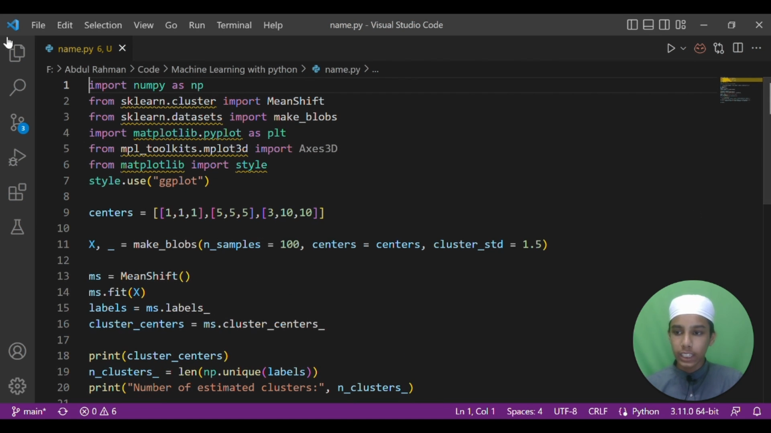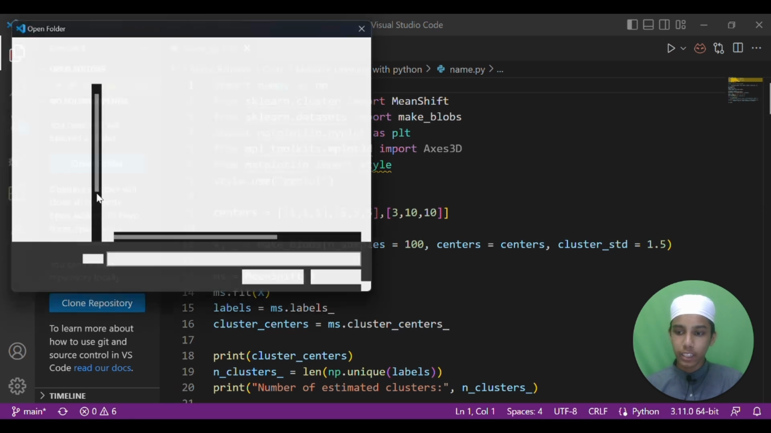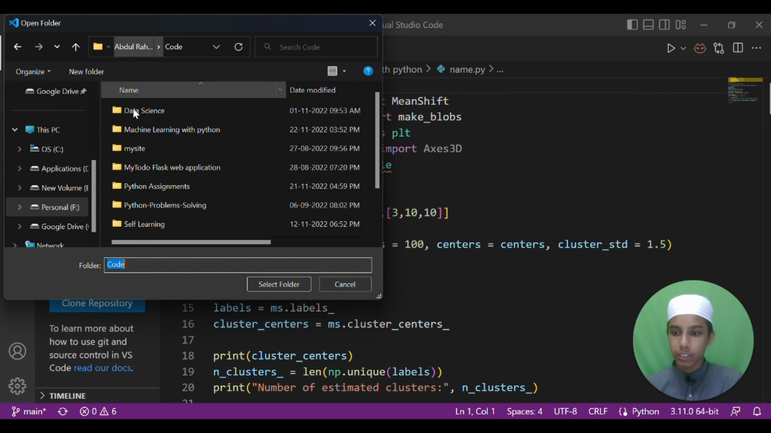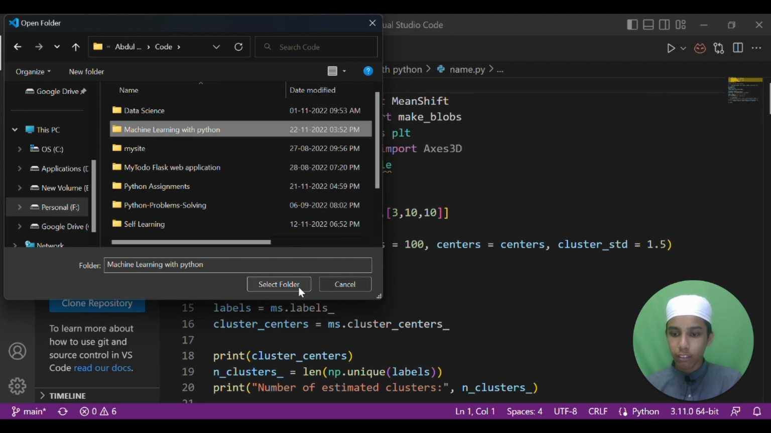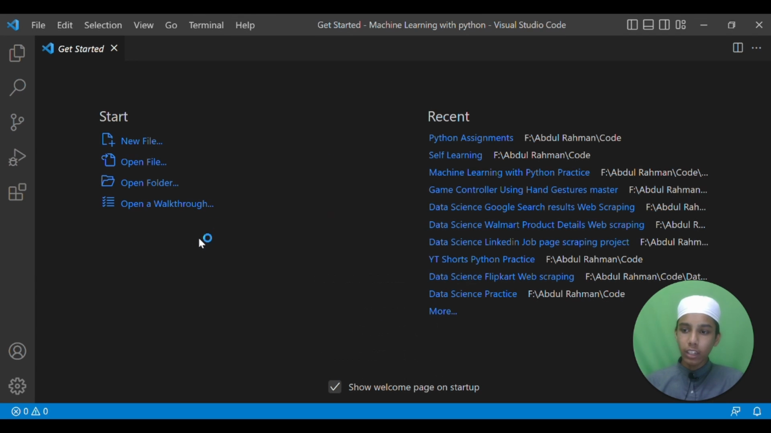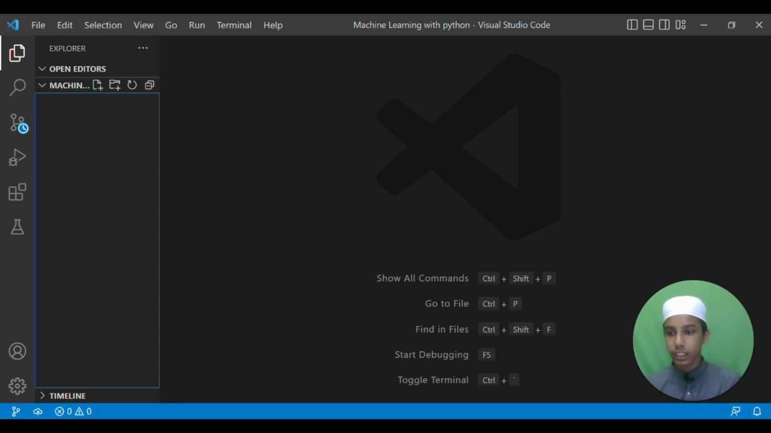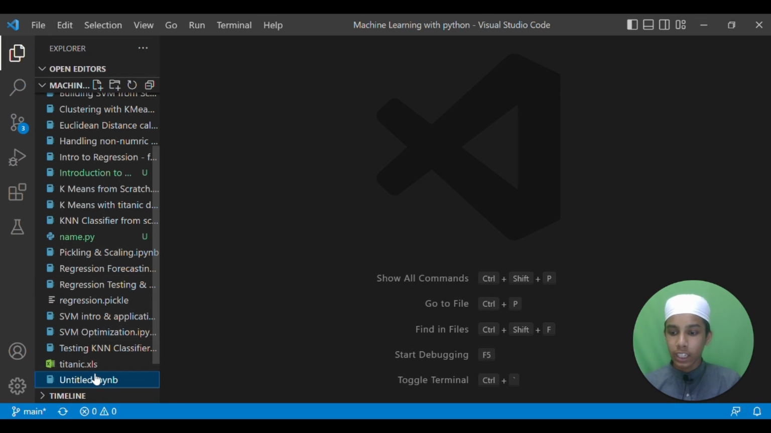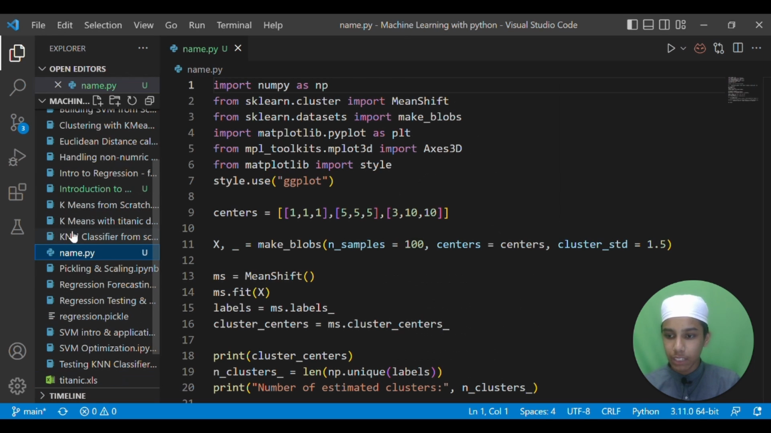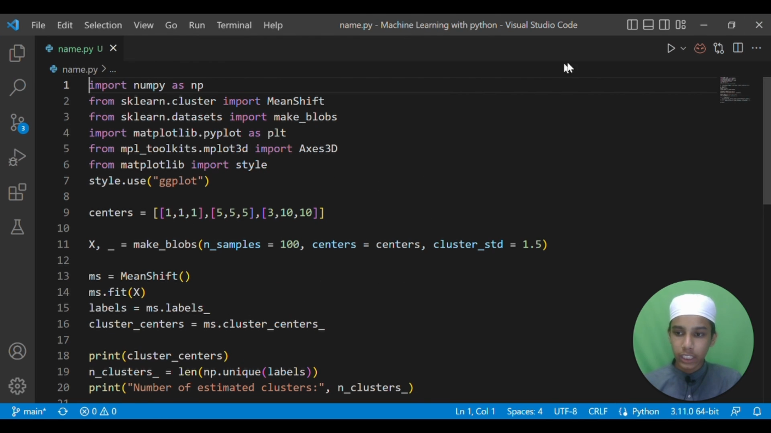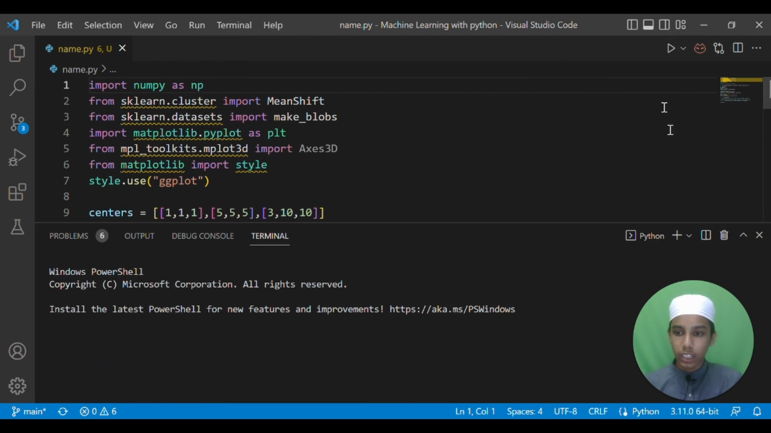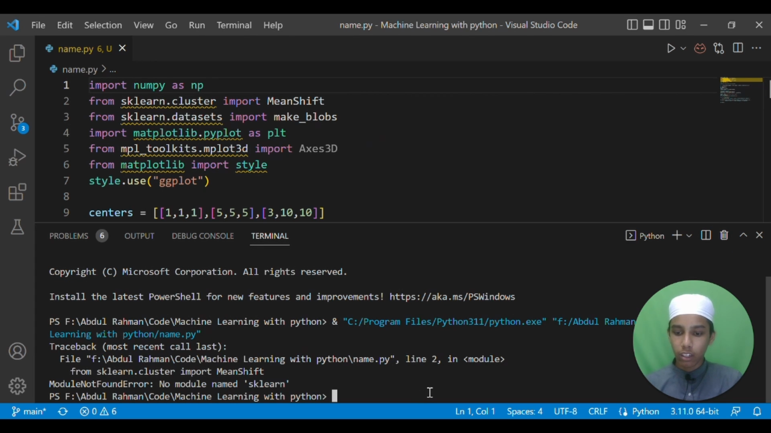Okay, so anyway guys, let's do one thing. I'm going to open the folder itself, which is machine learning with Python. Now let's open that file. It was the .py file, because all of these files are name.py, right? So I just created it just for sample only. Now let's run it. Here we are getting some errors like pip install